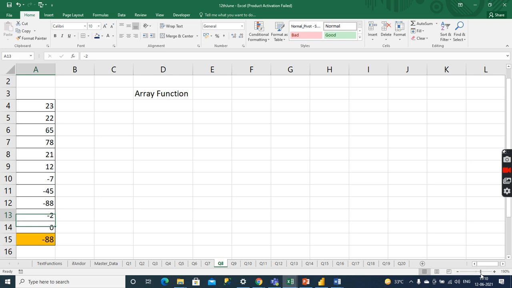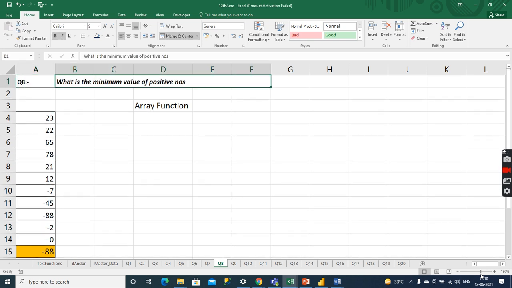But the question is that I have to find the minimum value of positive numbers. So there are two things in the same statement, and for such a statement we don't have a direct formula, because in Excel not all methods can be applied in the same formula.